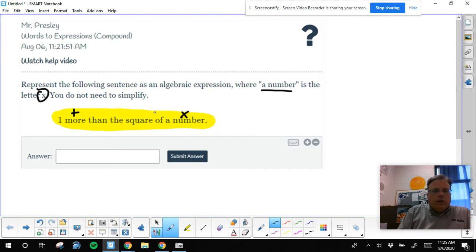And then square means that the number needs to multiply by itself. And in math, we show that with a little exponent 2. So what we have here is a 1 plus X squared. If I write that out, 1 more than the square of a number. Okay, so it's taking a number, squaring it, and adding 1. So we need to type that into our